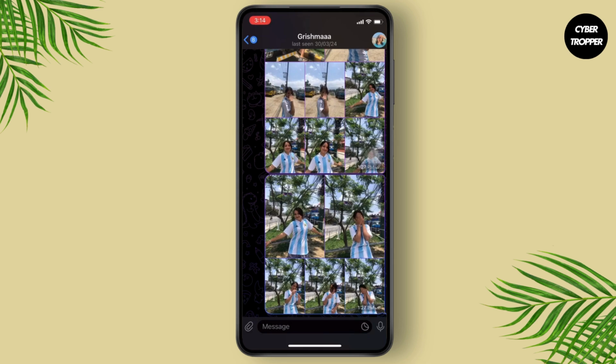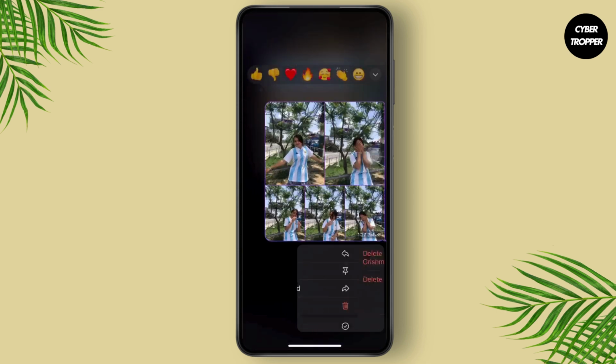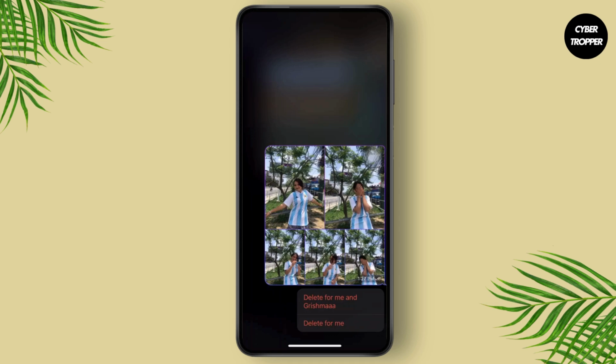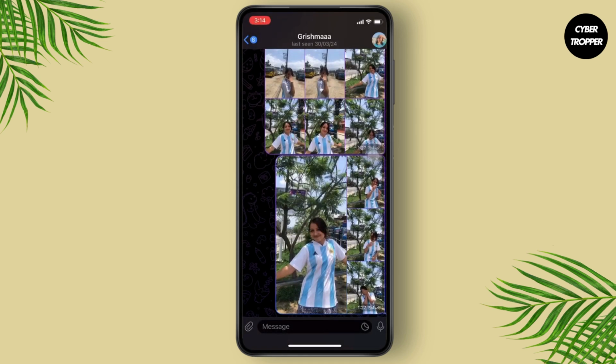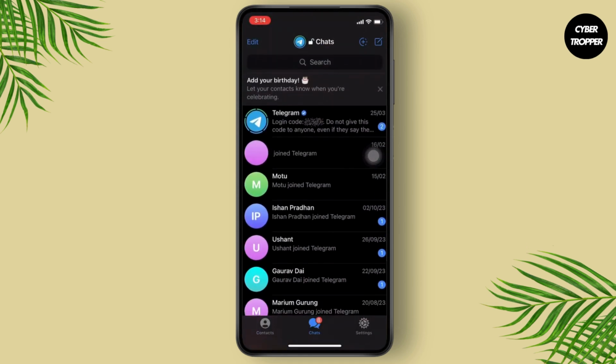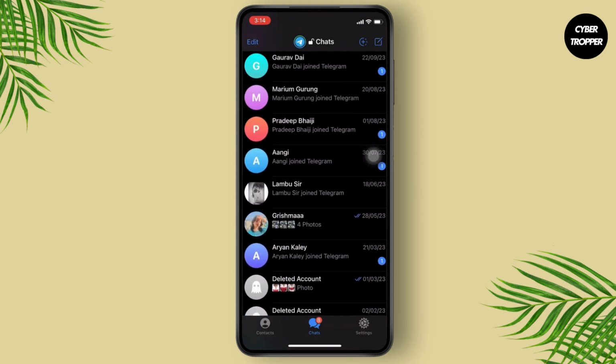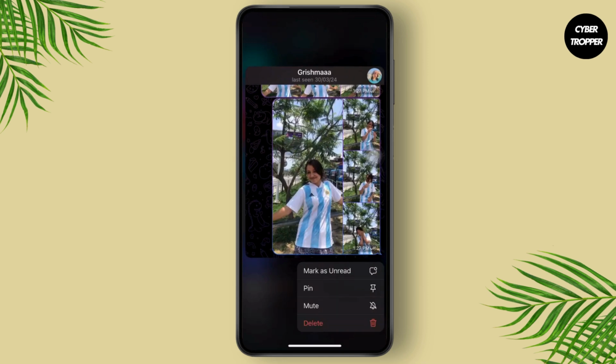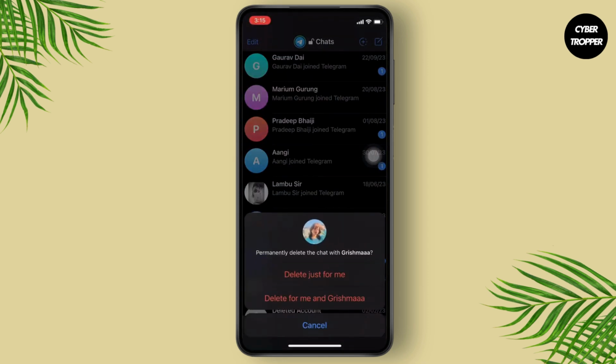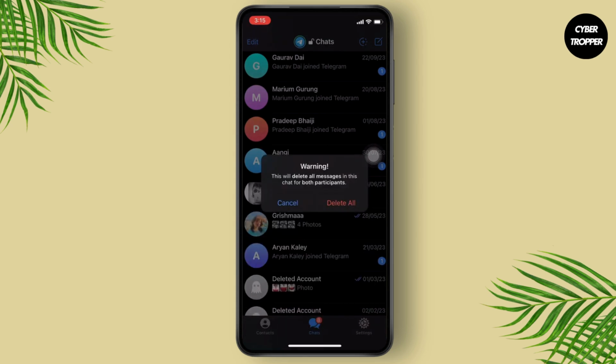So I have deleted it from me, and I'll do it so you can delete it from me and her, I mean from both. And what else we can do is simply long press on their profile, and after clicking on that you will get a delete option. You can simply click on delete and you will get the same option. So here I'm clicking on delete from all, and